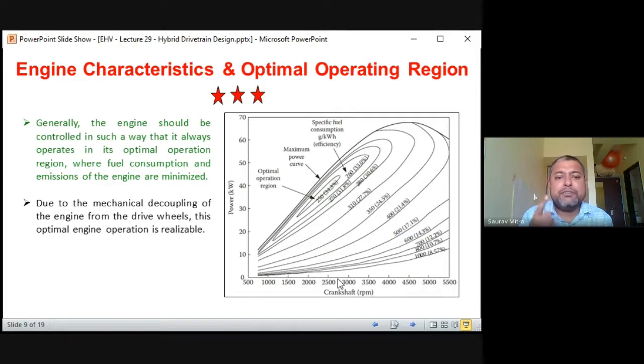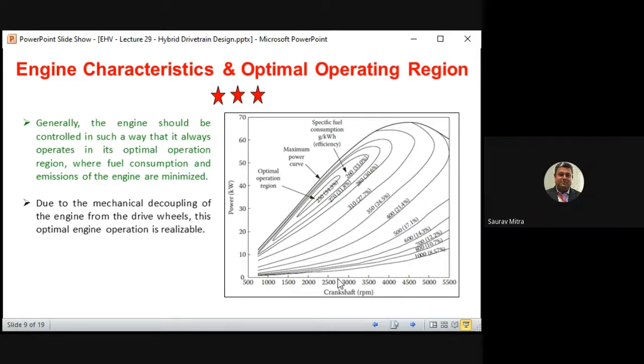In that case, we are getting, first, maximum output power; second, best efficiency, best fuel efficiency. That means whatever fuel is there, we can use it for the longest distance ride. Third, the emission is least whenever we are running the vehicle within this smaller range. In that case, uncombusted fuel will be least, so whatever smoke and black smoke comes out of the vehicle will be least. Carbon emission and poisonous gas emission from the vehicle will be least. So this is the best sweet spot.